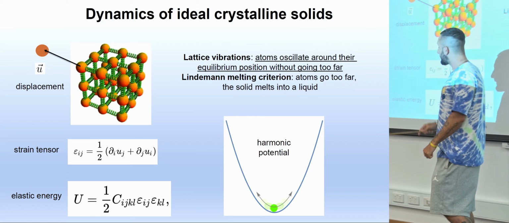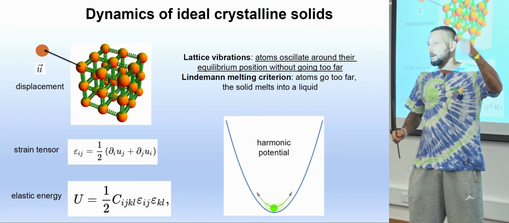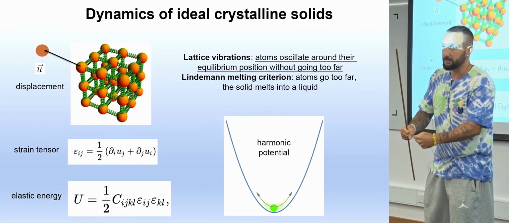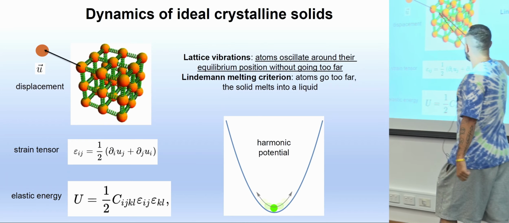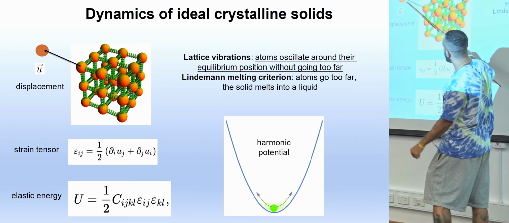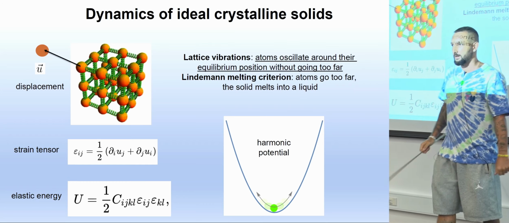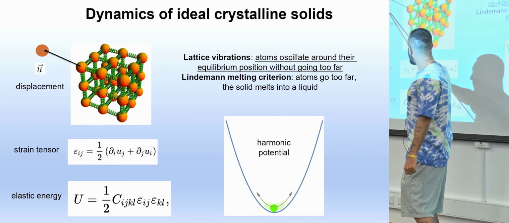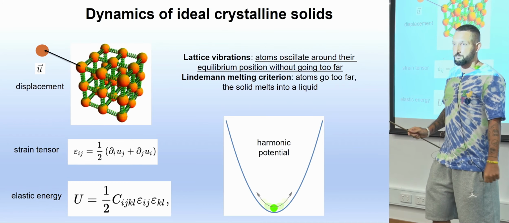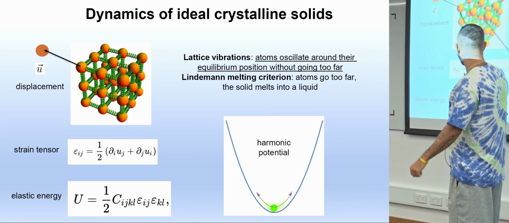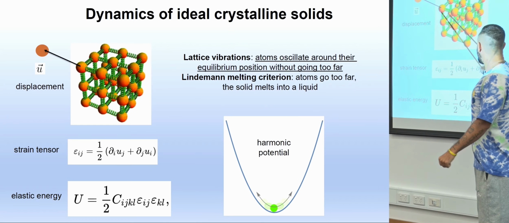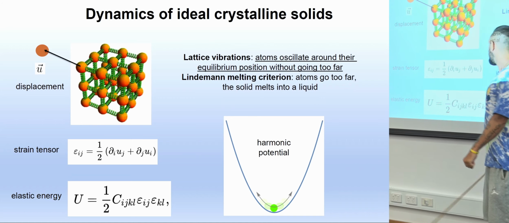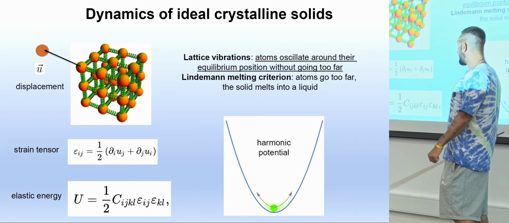So you can imagine that these atoms vibrate because of thermal excitations, or you are literally deforming it. And each of them will move a bit. And you can define a vector that is called displacement. And then, using the fact that this displacement is small, and I can define, actually, in a better way, small compared to what, then I can write down basically a theory, which is the theory of elasticity, which is based on what is